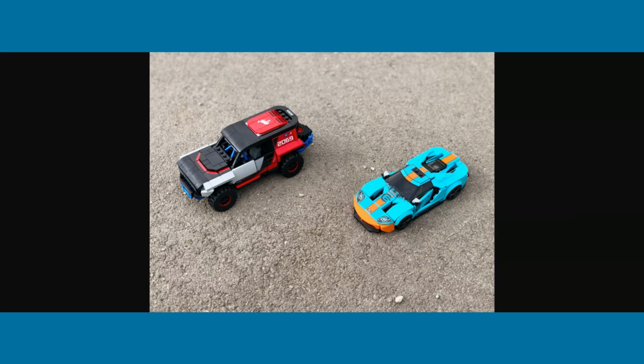So I designed the Bronco myself, and the GT was my partner in crime, Søren Duhoin, who you might have seen from Lego Masters Denmark. We're basically the two guys on Speed Champions every year. So this time we said, okay, we'll take one car each and we'll do this. The color palette was from day one. From day one, when I was putting this concept together and pitching it to Ford,